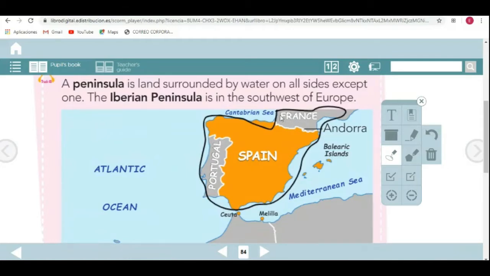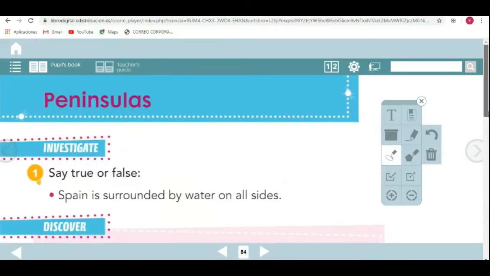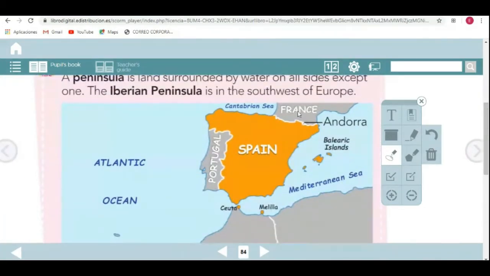It is land connected to another piece of land. For example, Spain is connected to France by the Pyrenees. In this map, we can also see that the Iberian Peninsula is formed by some countries. It is formed by France, Portugal, Spain, and Andorra. So here we can find 1, 2, 3, and 4. But not only 4, there are 5, but it is not